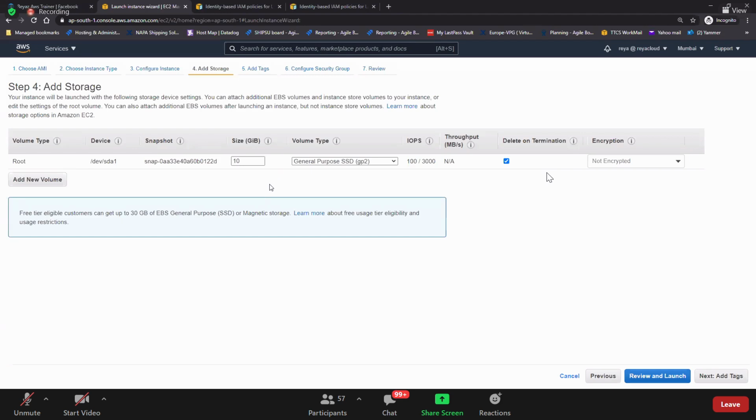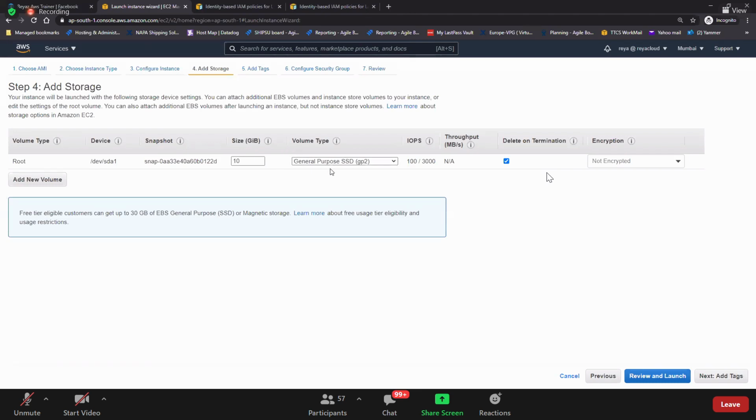And the root volume supports, do you remember the different volume types that we have discussed? What are those? GP2, GP3, IO1, IO2, ST1, SC1, standard. Remember?